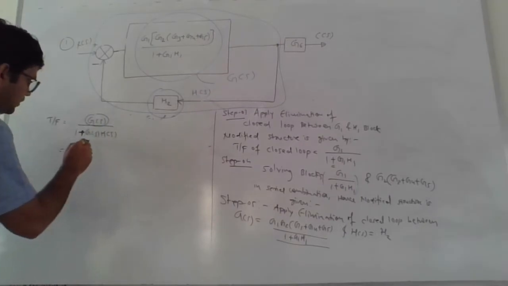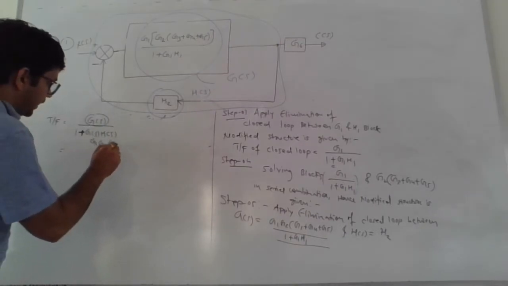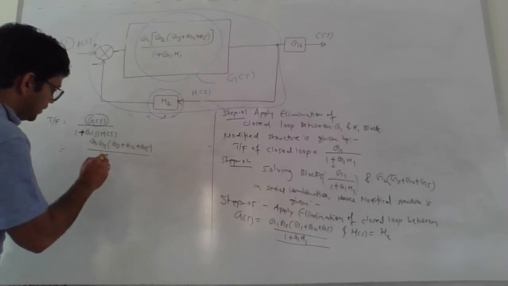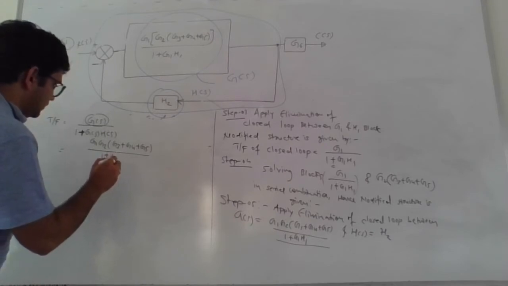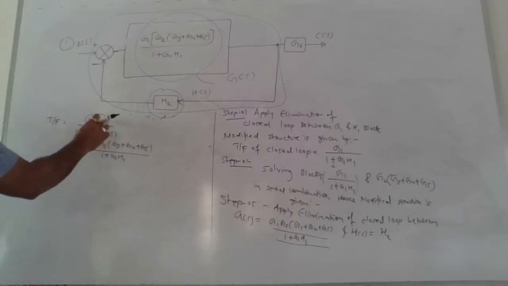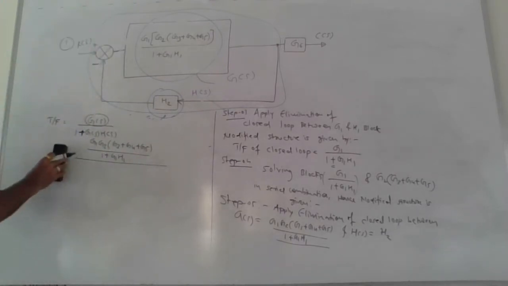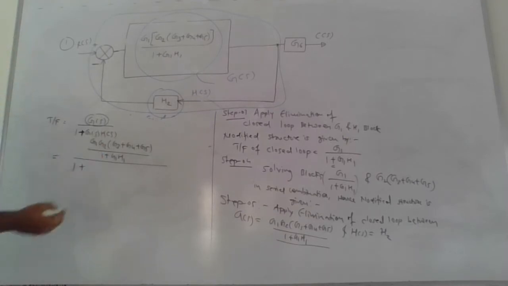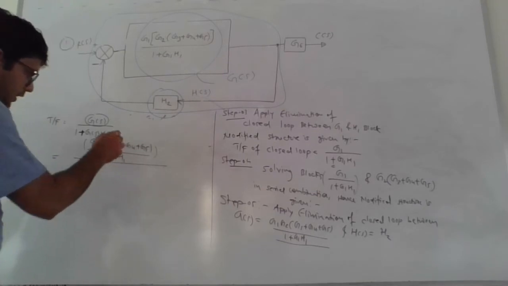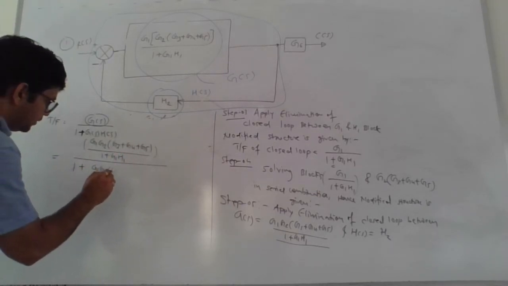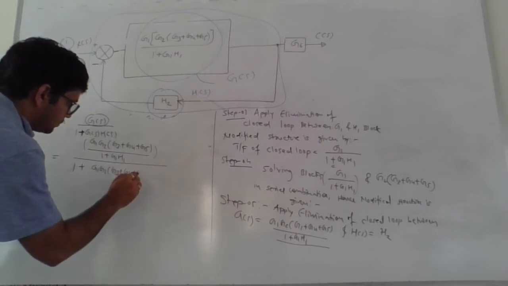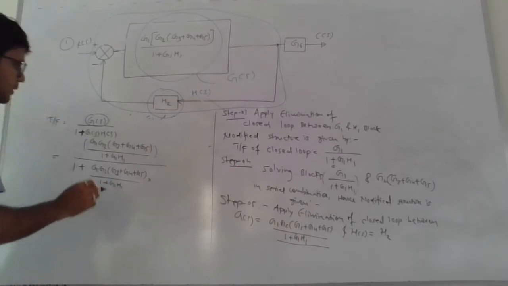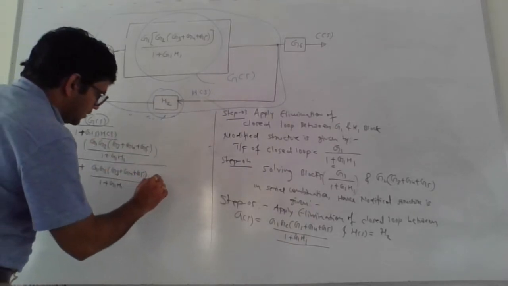So it is going to be G1 into G2 in bracket G3 plus G4 plus G5 whole divided by 1 plus G1 into H1. So this indicates your G of s, whole divided by 1 plus G of s into H of s. So G of s means we need to repeat the entire term. So it is G1 into G2 in bracket G3 plus G4 plus G5 whole divided by 1 plus G1 into H1 multiplied by H of s, and the value of H of s is nothing but H2.